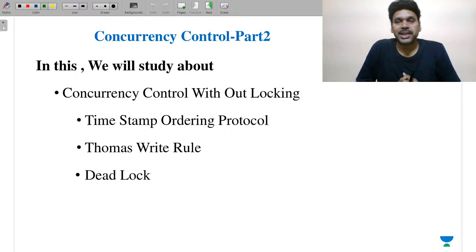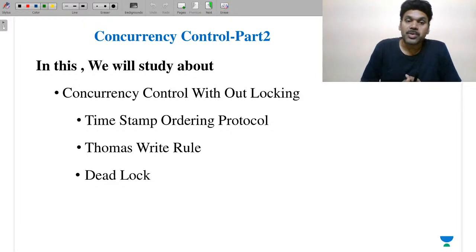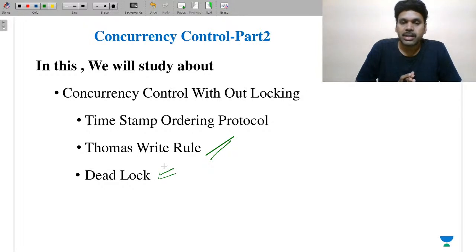The following are a few varieties of concurrency control without locking mechanism. They are timestamping and Thomas Write rule. This is a very important Thomas Write rule. And we also see an extension to concurrency control, that is deadlock option. Now, before going into the optimistic concurrency control mechanism, that is timestamp ordering and strict timestamp ordering, Thomas Write rule, and deadlock,